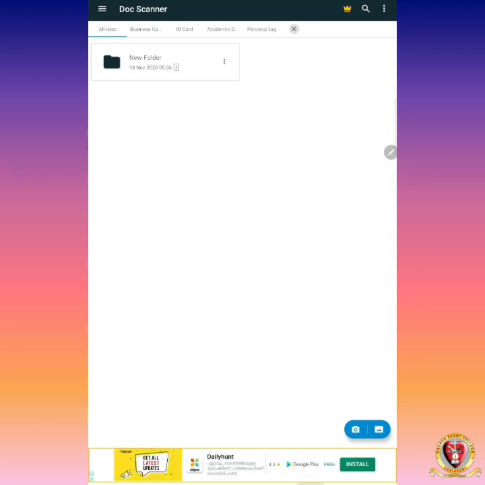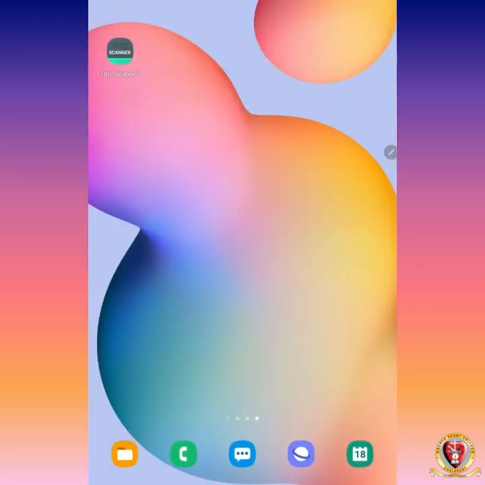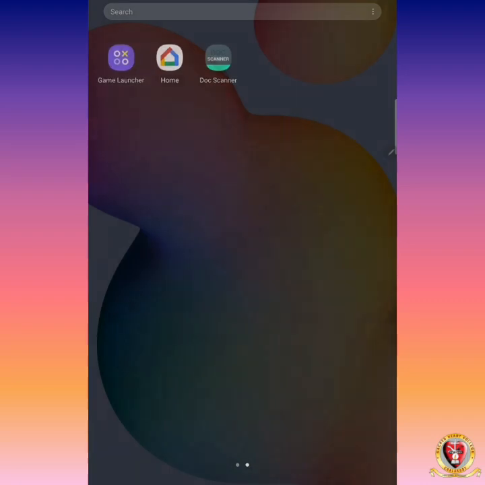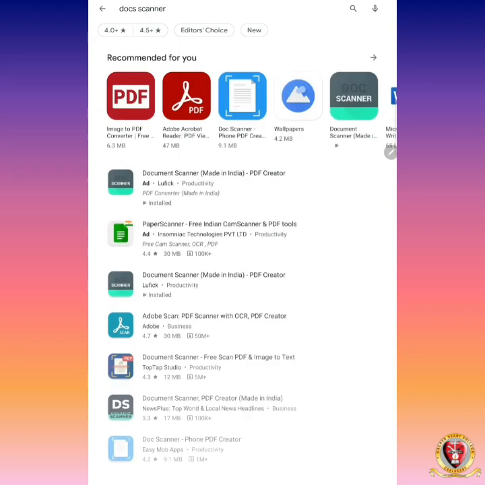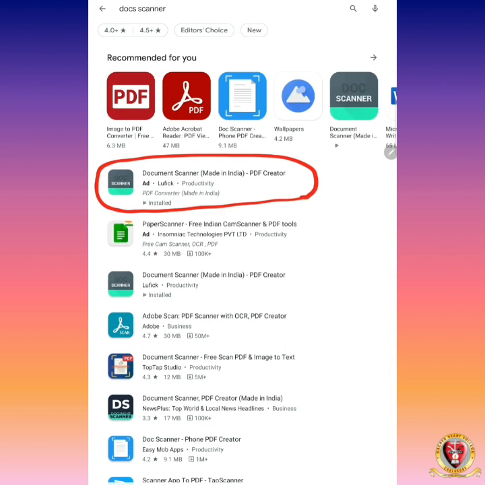Doc Scanner is available in the Play Store, so it can be downloaded from the Play Store. You have to take care while downloading this application. You have to type Doc Scanner, and then a lot of scanner applications are available in the Play Store. You have to choose this particular application, Doc Scanner, Made in India, PDF. You can use any, but this document scanner has good reviews from our students. Previously there was a scanner, Cam Scanner. It is a Chinese application. It is banned here, so now you cannot use Cam Scanner.